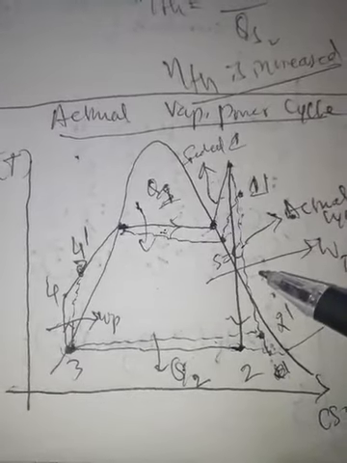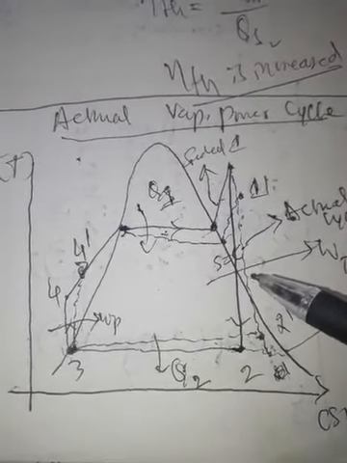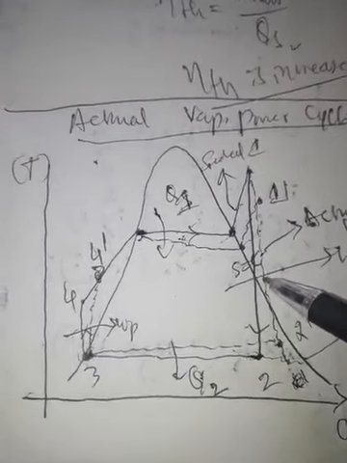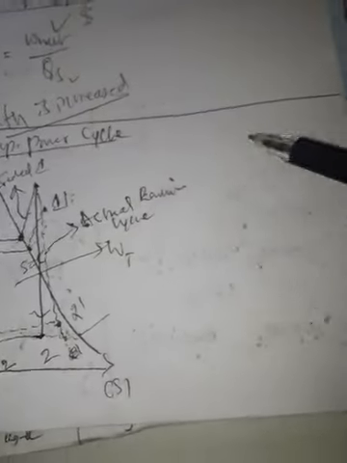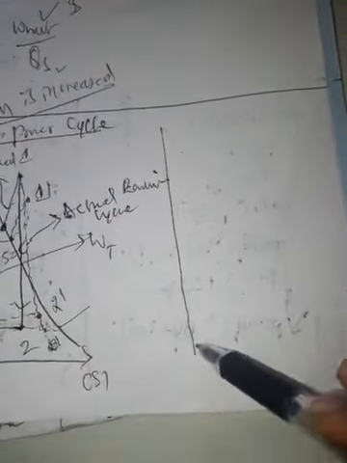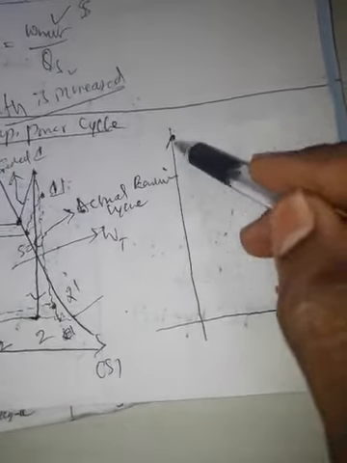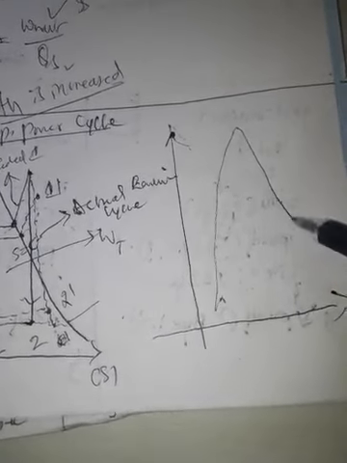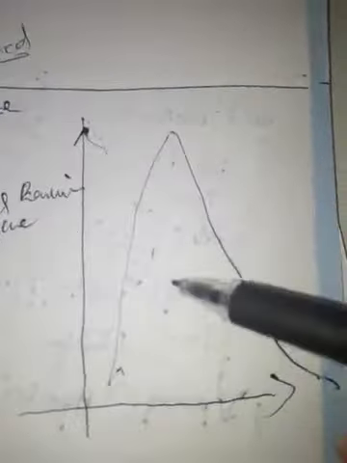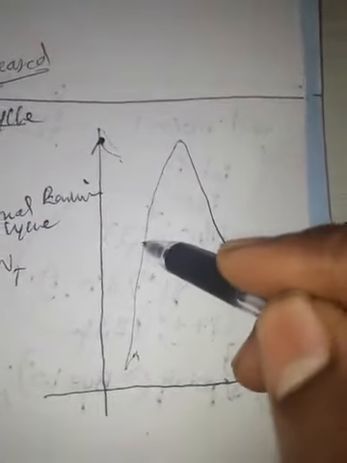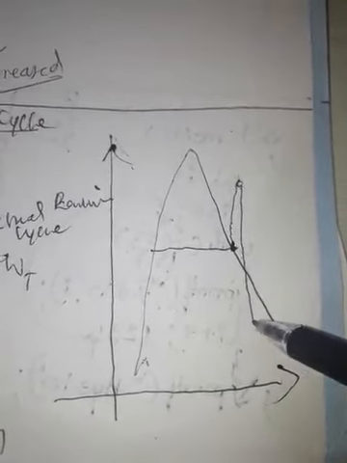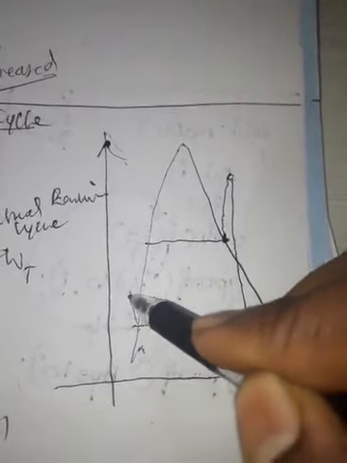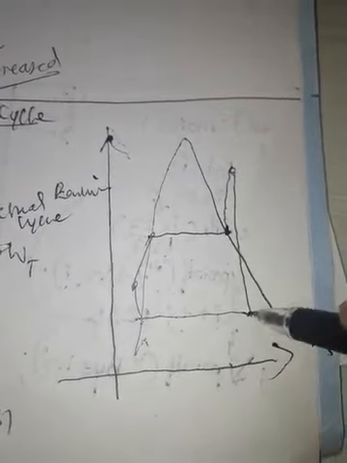Because of that we define efficiency for the turbine as well as efficiency for the pump, and we represent the same process by considering only turbine losses and pump losses. We redraw the cycle in this way. So that is